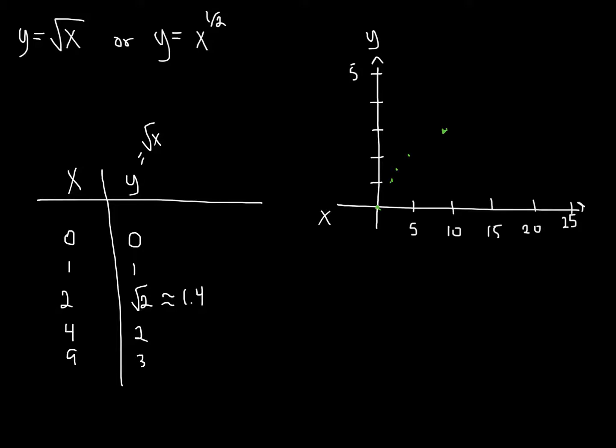And then we move on to 16, the square root of 16 is 4. And then 25, and the square root of 25 is 5. Okay, so I can now